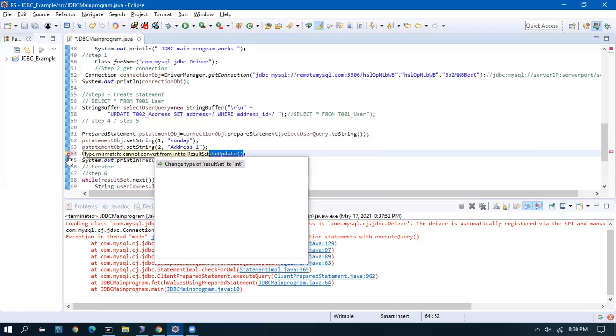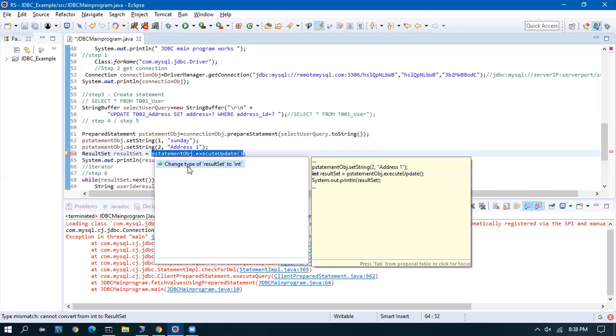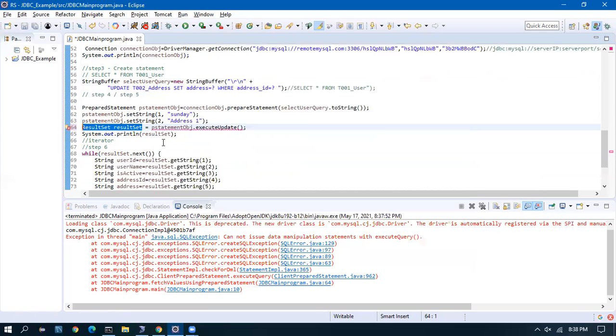What is the change? Change the type of result set to int, because when I do an execute update, I don't get a query result. I only get an integer as the result. Whether it is done or not, it gives a count. So change the type of result set to int. I'll remove this result set itself.